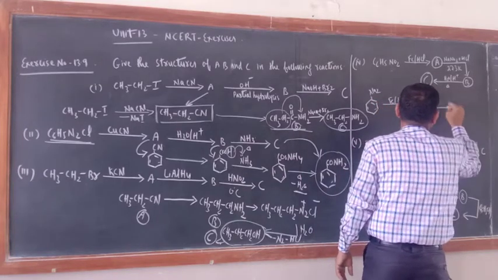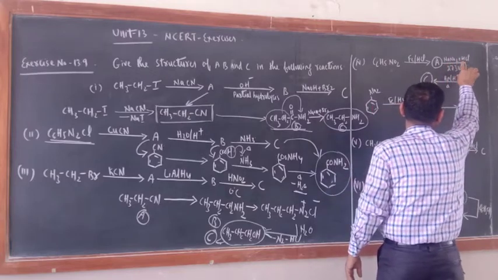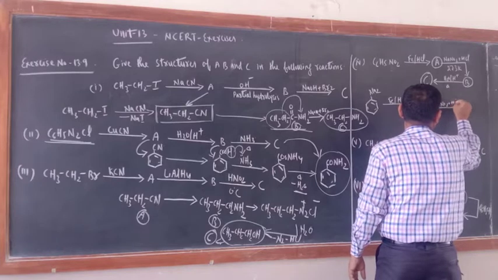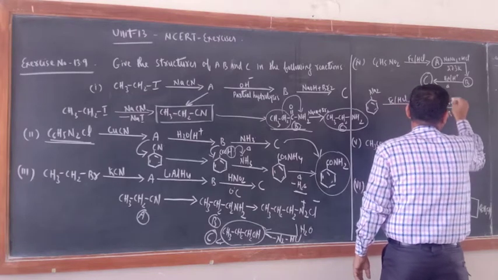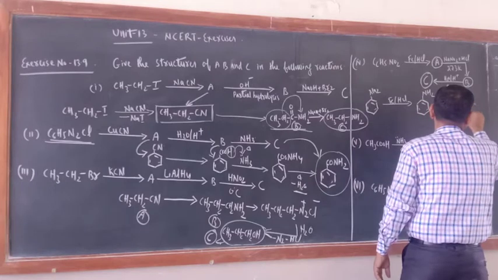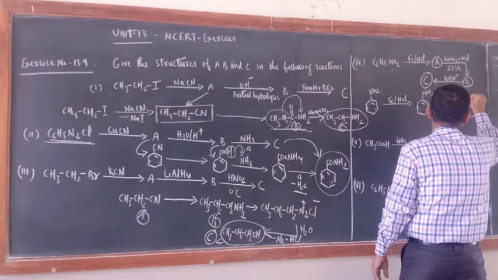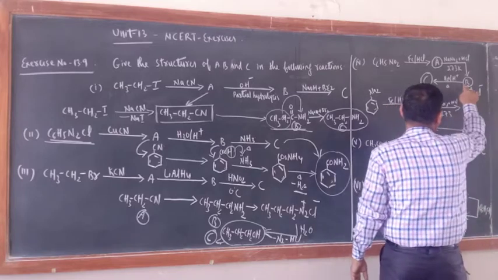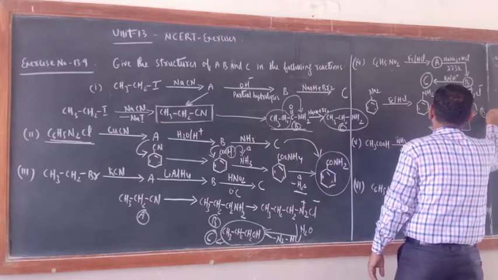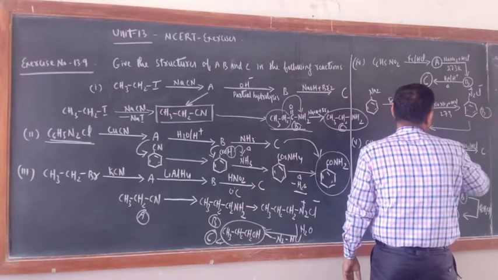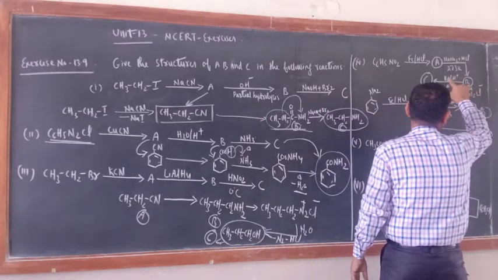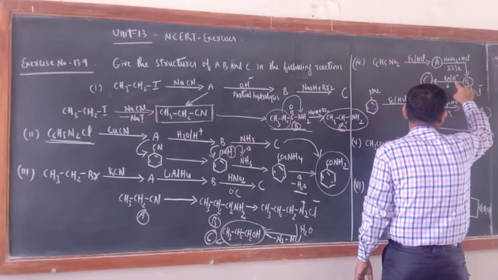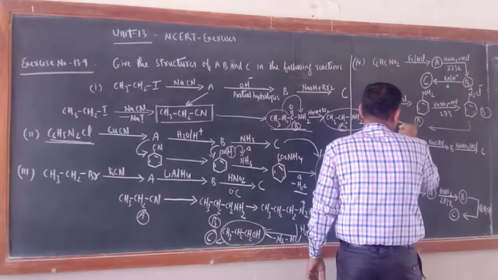And when the amine is subjected to, just see, the hint is written here, NaNO2 plus HCl at 273 K, diazotization. So what is the product here? N2Cl will be created, N2+ Cl-. Now this is benzene diazonium chloride, this is B, this is A. Now when B is subjected to acid, means reaction with water in presence of acid, what would be the product here?